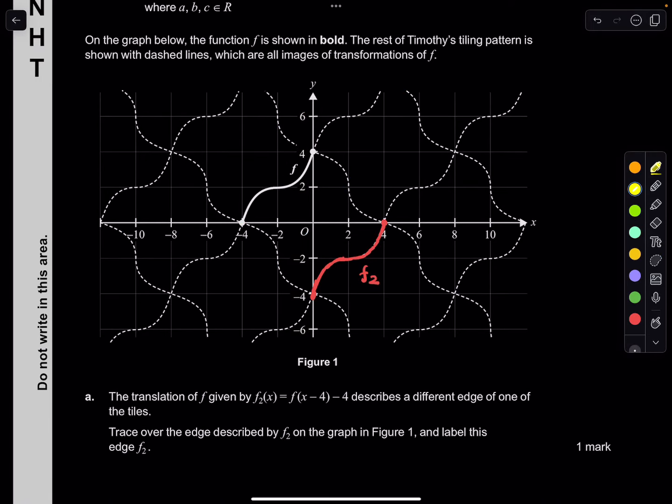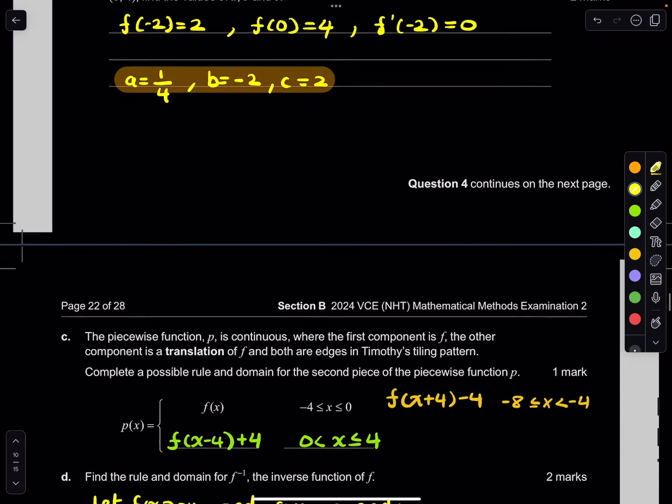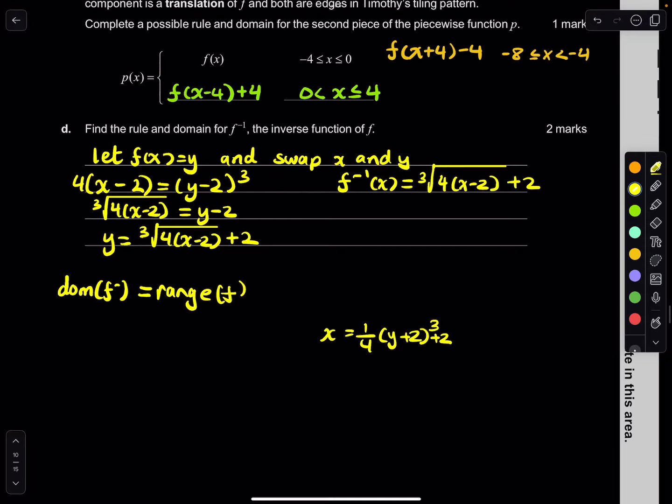If this is our original function, it's from 0 to 4. That's the range, so 0 to 4, and it's included. So I want to just write a nice overall statement. I don't want to waffle too much, so I'm just going to write it as f inverse of x. The domain of it, which we said is from 0 to 4, goes to all reals, and so your function is